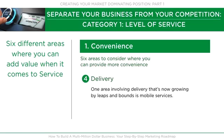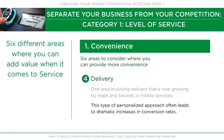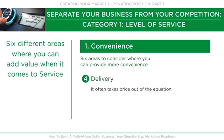Home decorators now offer shop-at-home services. The decorator comes to the customer's home loaded with samples and swatches. This is not only more convenient, but it also enables the decorator to perform a consultative-type sale by helping the customer select colors that match their home and their lifestyle. This type of personalized approach often leads to dramatic increases in conversion rates, but more important, it often takes price